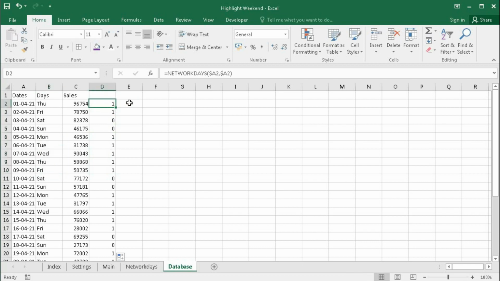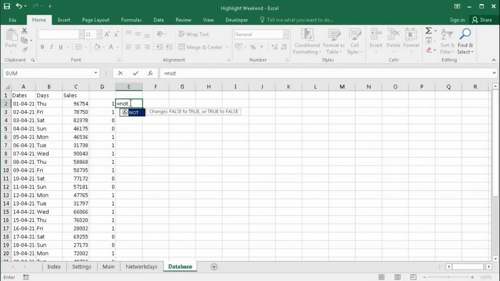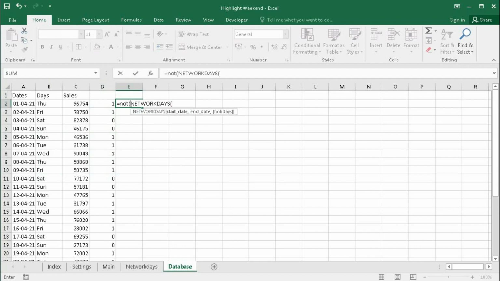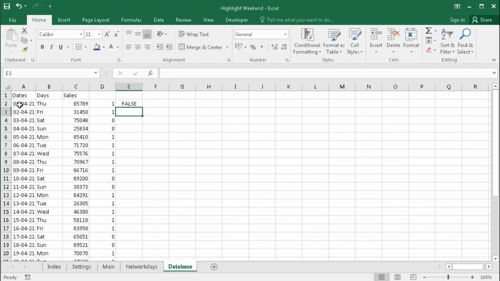So now I will use the NOT function to turn the 0 and 1 into true and false. NOT, then again NETWORKDAYS, start date, comma, end date, bracket close, enter.